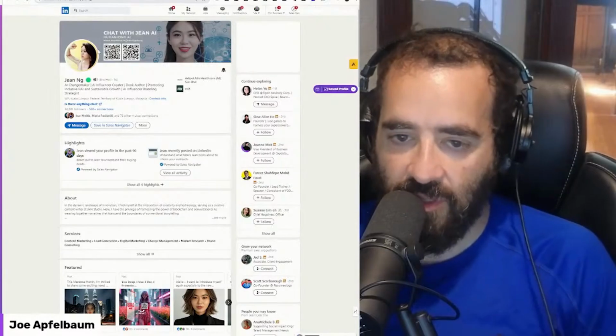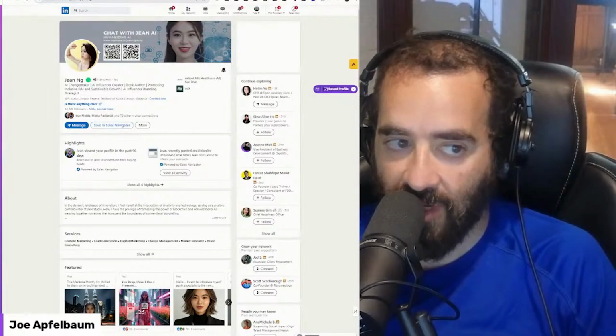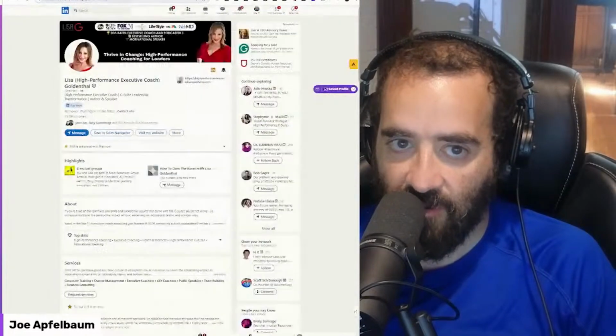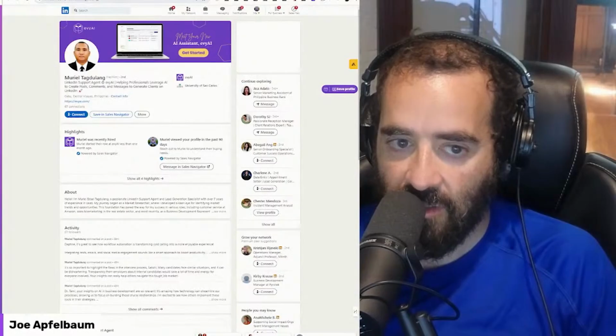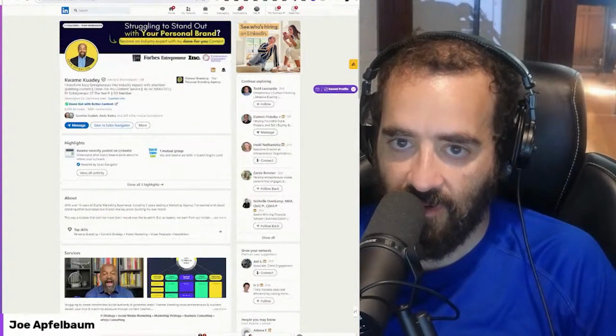The reason they're doing this is because LinkedIn has 1 billion users, and if too many of the 1 billion users do things too big, they're going to break LinkedIn. LinkedIn's not going to work. So they have to limit each account. It also costs them money every single time you load anything. Every one of these profiles that I loaded costs server reads and writes. That costs money. So you've got to be careful to make sure that you're doing things in a normal way, even if you're using automation.